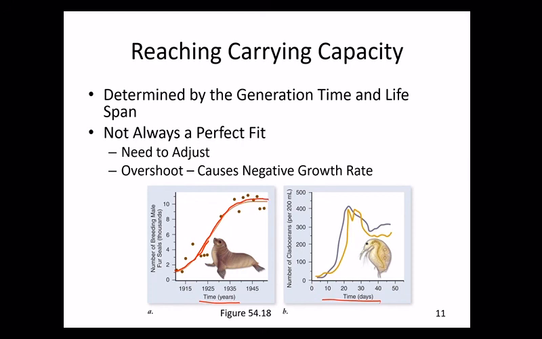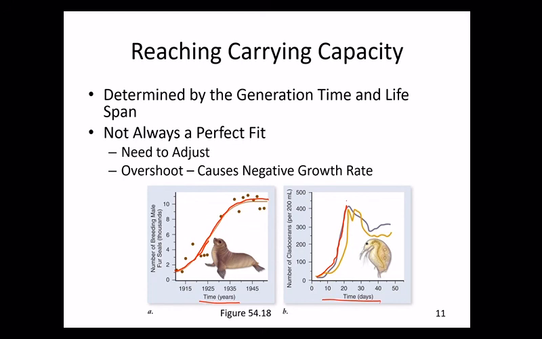And eventually the birth rate and the death rate are about equal, and so the number of individuals remains fairly constant. Now, I think an important note here is that it's not always a perfect fit. And so in the case of the Daphnia here, you can see our population begins to increase and it grows exponentially for a long time.